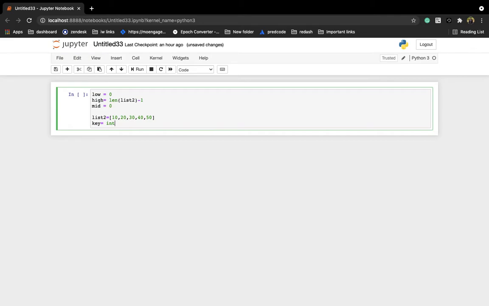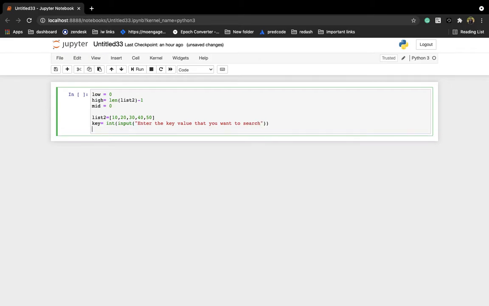So for this I want to take input as integer type, and I'm using the input function, which is responsible for taking user input from the end user, right? Enter the key value that you want to search. Cool.